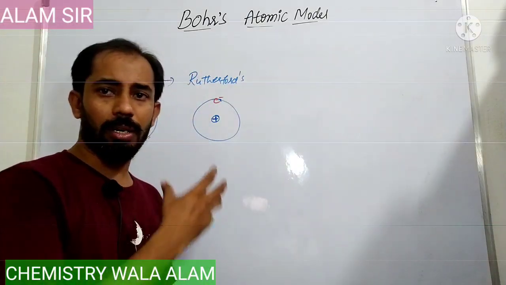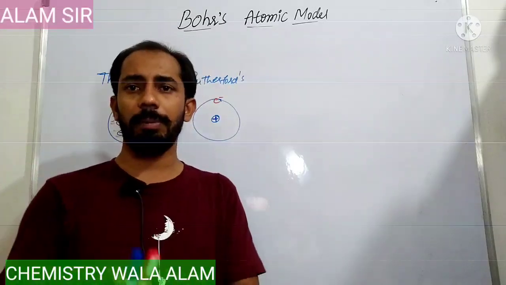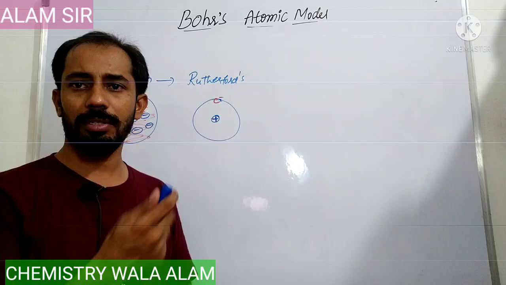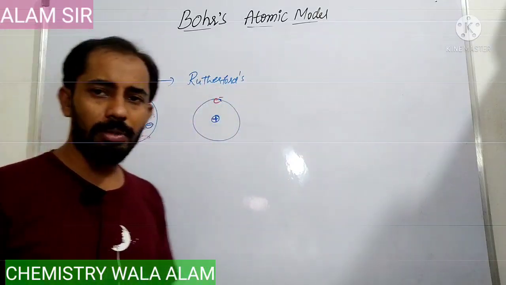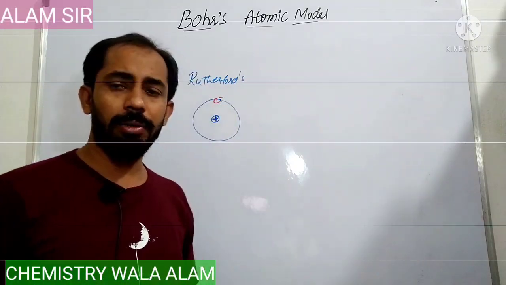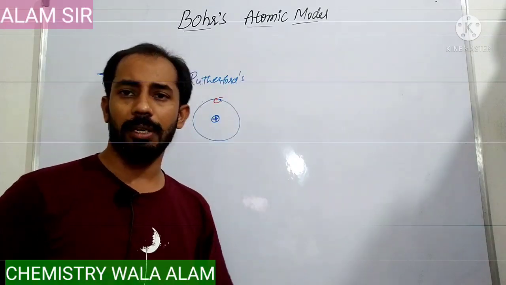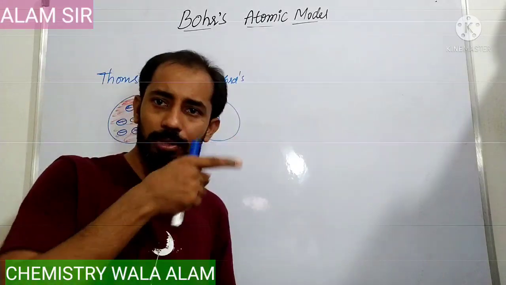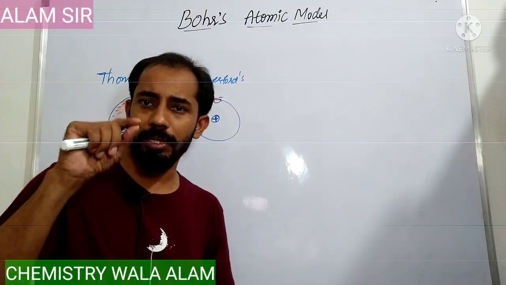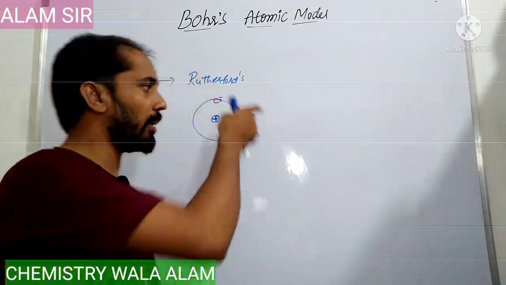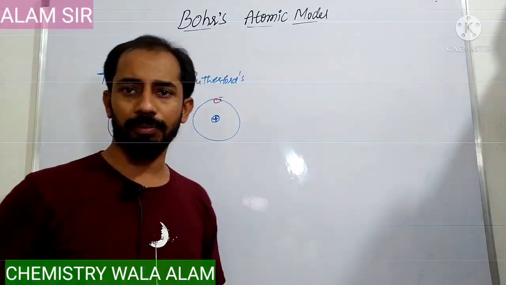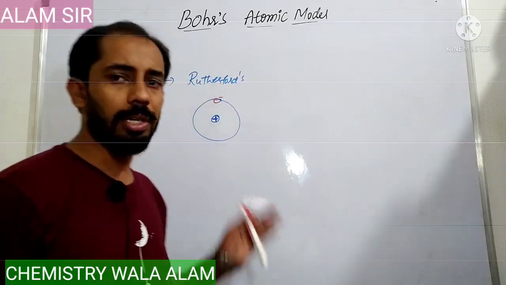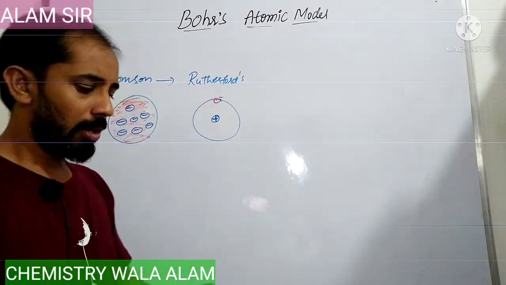It did not explain how many electrons can be present in a particular shell, or the discrete atomic spectrum we get experimentally. Also, when an electron revolves in an orbit around the nucleus, according to classical laws of physics it should continuously lose energy and finally fall into the nucleus. But that is not happening. Why the electron revolves in a particular path is also not explained. That means the stability of the atom is not explained.